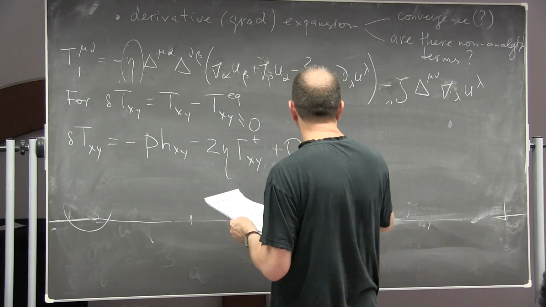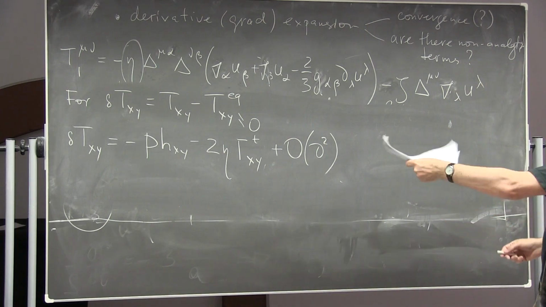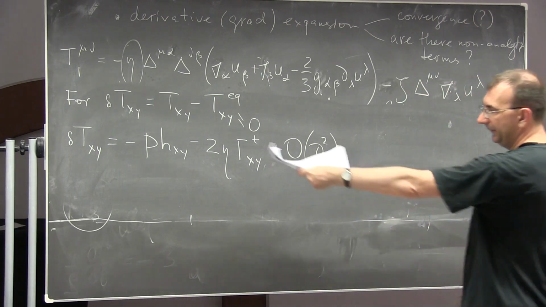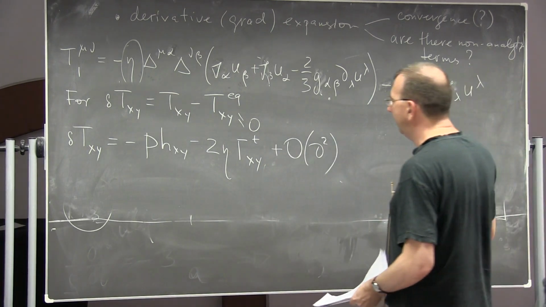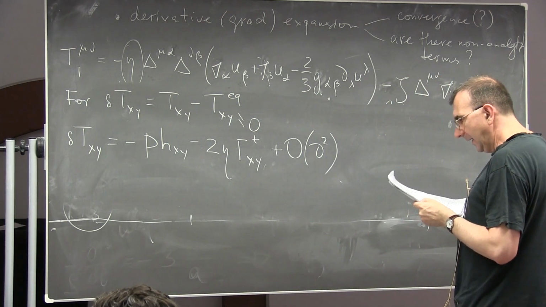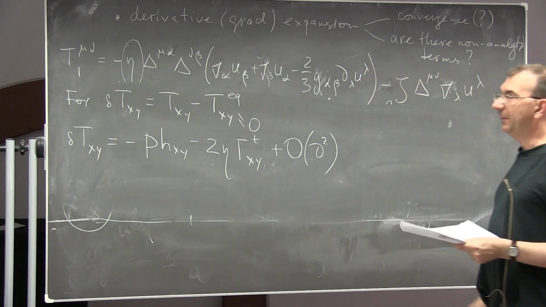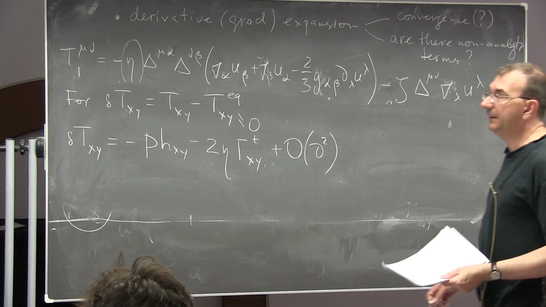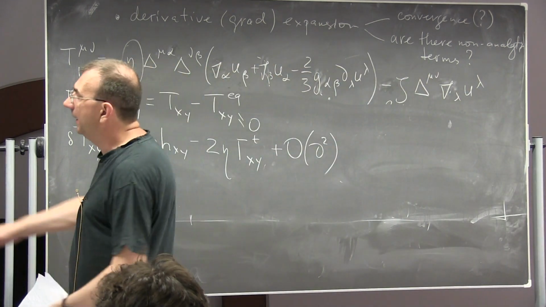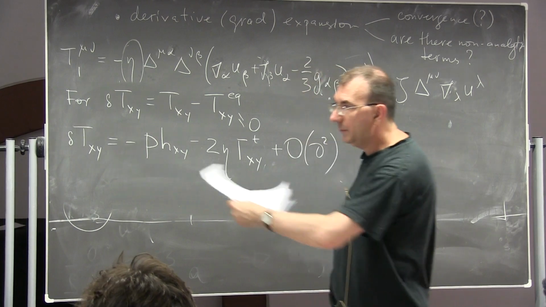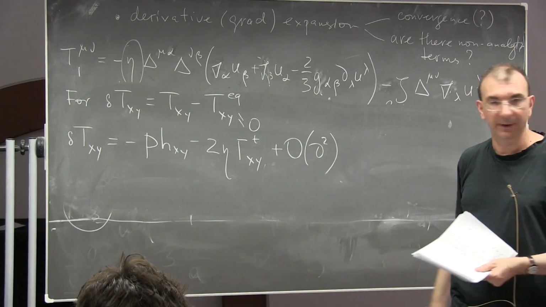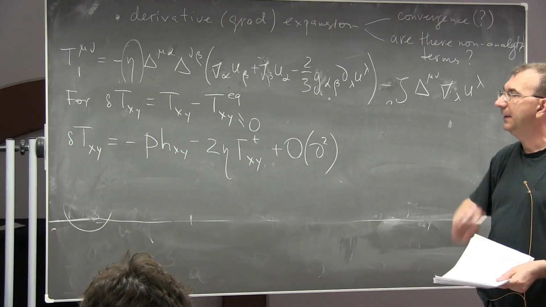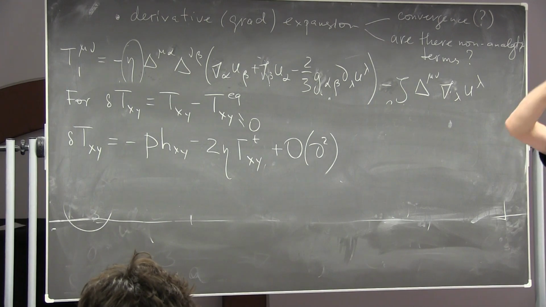So there are terms which are contained in T2, T3, T4, and so on, and I just denote them as high derivative terms. Of course, this expansion continues forever, but we only worry about the first derivatives of this expansion. Also, I didn't explicitly say this, but you should be aware that we assumed here that the expression for T mu nu is the Taylor expansion of our expectation value of T mu nu, or in Fourier space it will be an expansion in powers of omega, omega squared, omega cubed, and so on.